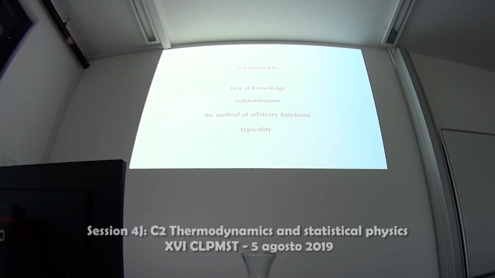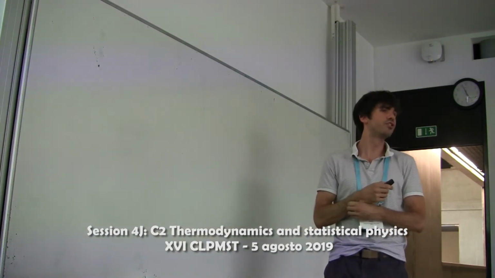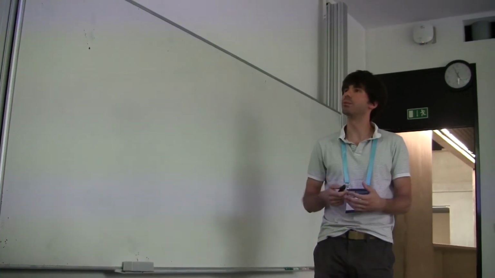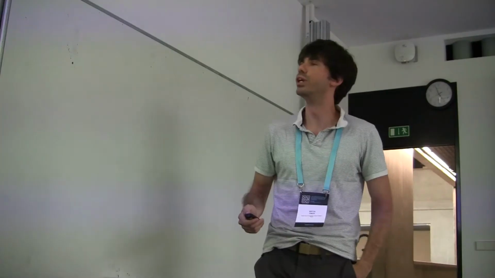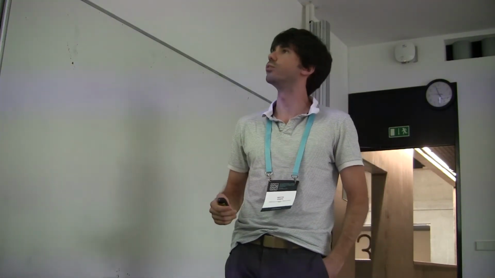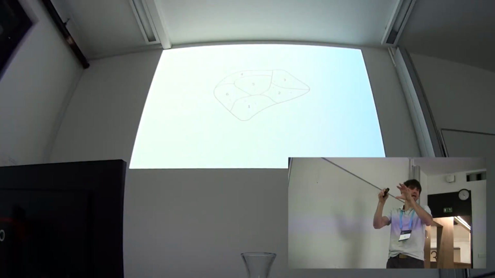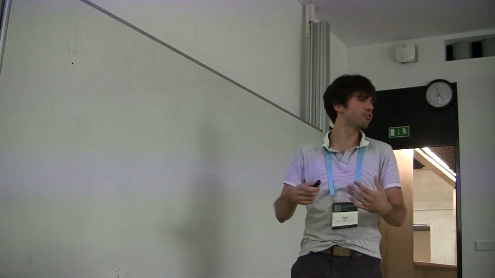You might think that the uniform distribution is not singled out by dynamic considerations, but it simply follows from a combinatorial reasoning, and that somehow was what the so-called typicality account argues. If you want to distribute n points among 6 cells, 6 buckets, then it is easy to see that if n is large, then the majority of ways in which you can distribute these points among the 6 cells will correspond to the uniform